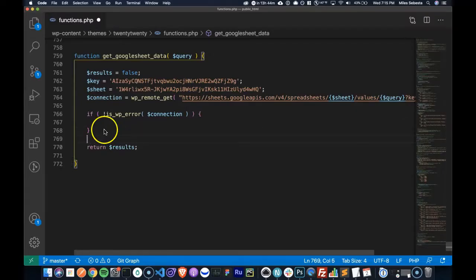So first thing it's going to do, it's going to go out and set whatever it is from the connection into here. Then I'm going to check to see if there's an error with that connection.